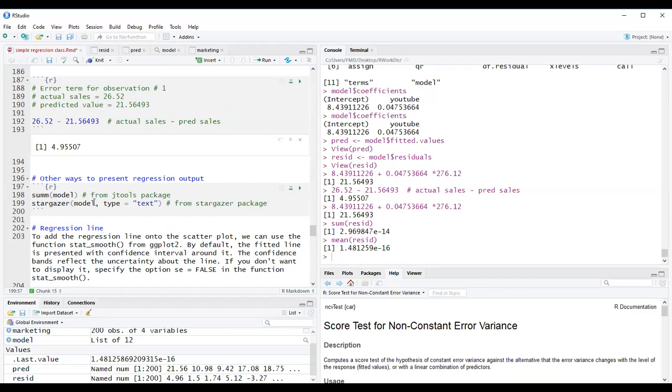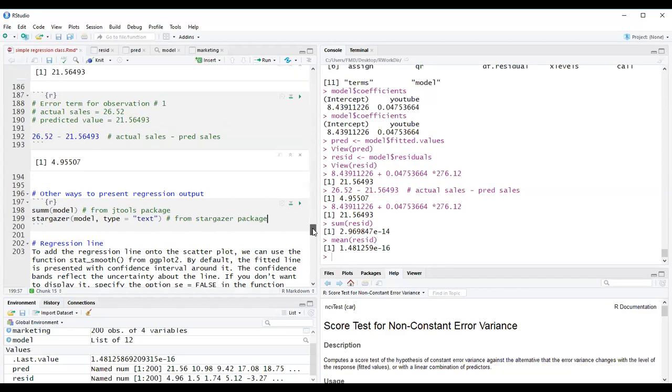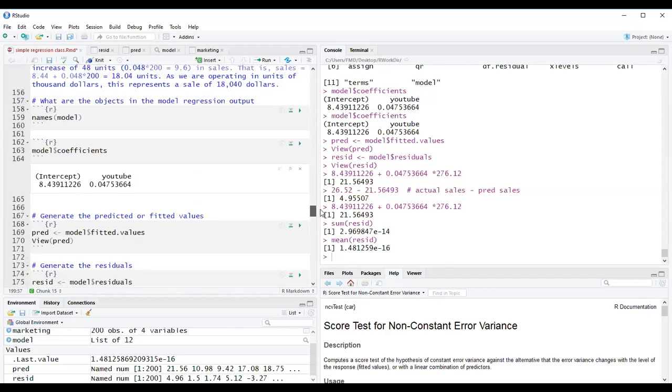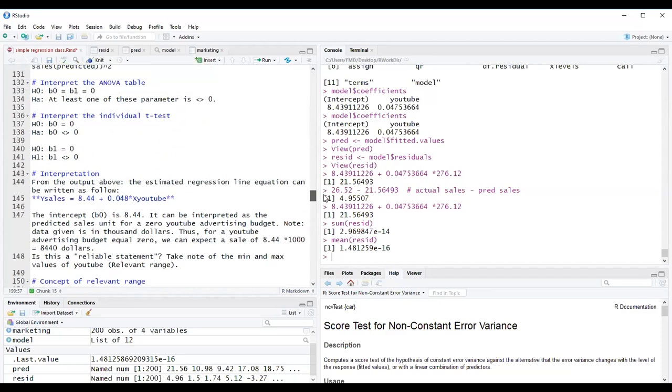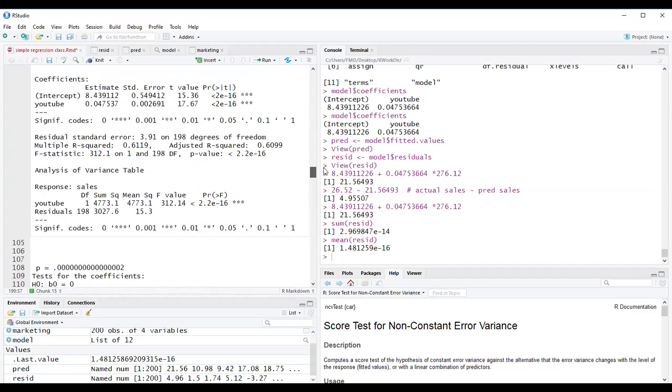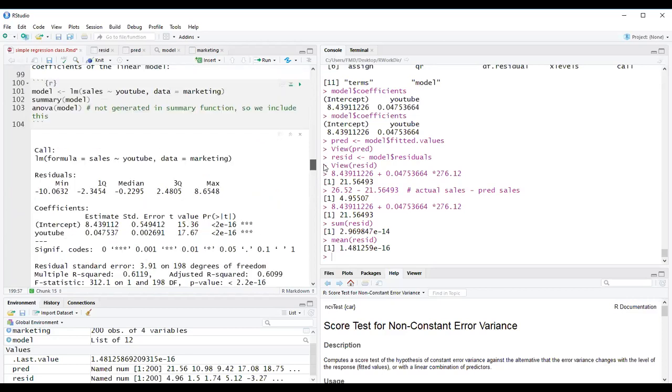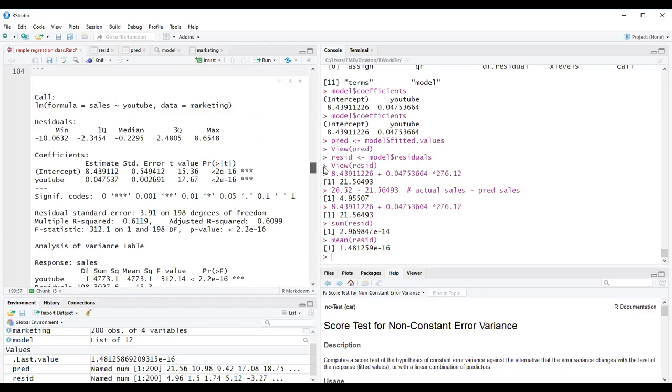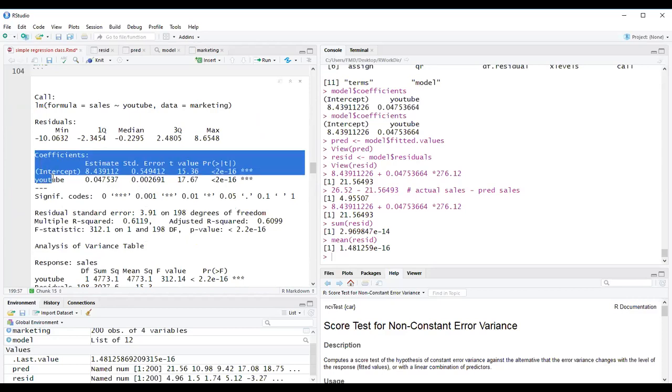So these are two different ways, aside from the regression output we used earlier. Sorry to keep vacillating between the different outputs. This is the individual test for the individual coefficients. And then this is the